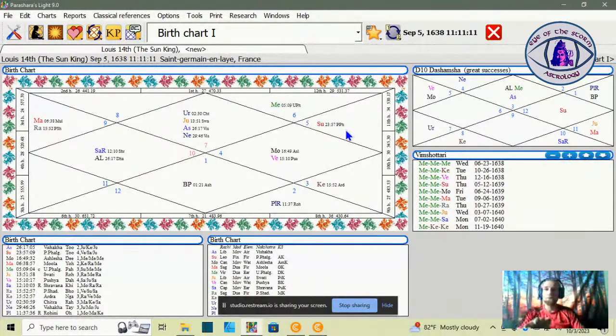So when we see both of these here, what we can see with Sun in Purva Phalguni is that for part of his soul, what he was here to do was to create beautiful things, to initiate things, to start things, and to act as a leader, a leader that initiated change in the world that he was leading in. So he would come up with ideas for these projects, and he would put them into motion.